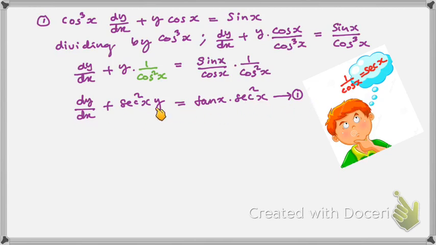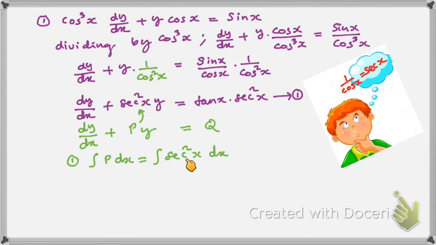Now this is in the standard form, dy by dx plus py is equal to q, where my p is sec square x and q is the entire right hand side. Now since it has come down to the standard form of a linear differential equation, I follow the different steps which we discussed. The first step is to identify p, which is sec square x, and find integral p